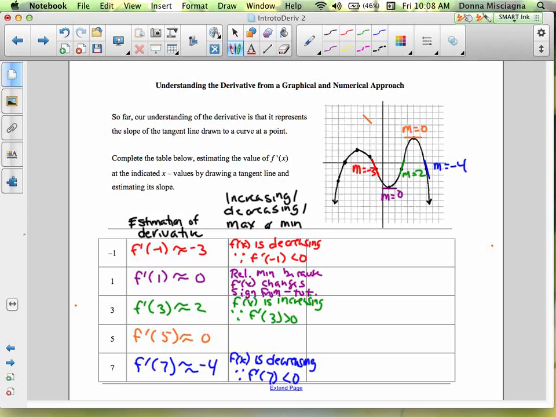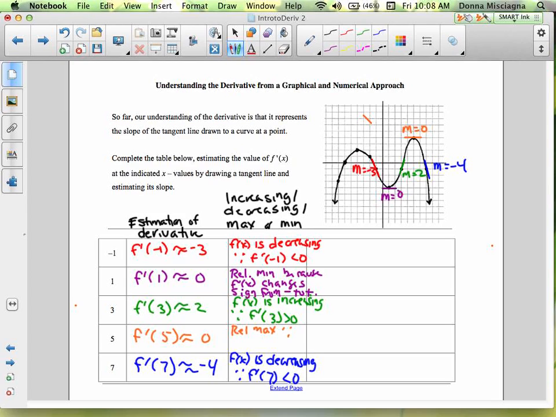All right, so now f of x is increasing to the left of x equals 5 and decreasing to the right of x equals 5. And notice that the derivative changes. To the left of x equals 5, the derivative is positive, and to the right of x equals 5, the derivative is negative. So the function is changing from increasing to decreasing. The derivative is changing from positive to negative. This is a relative maximum. So this is a relative max